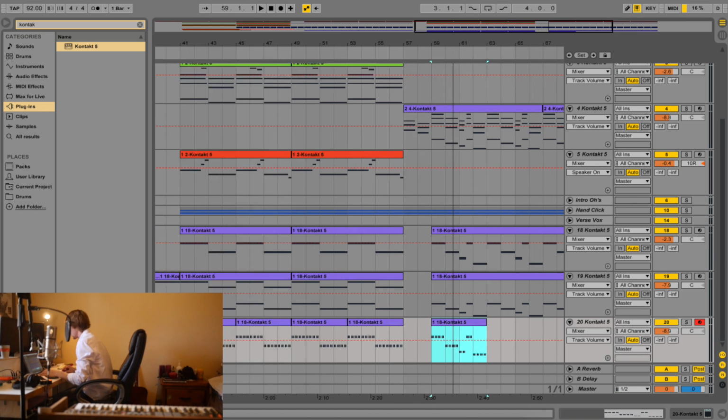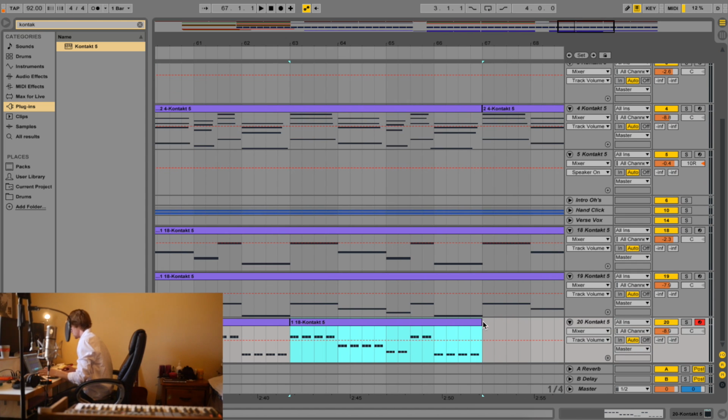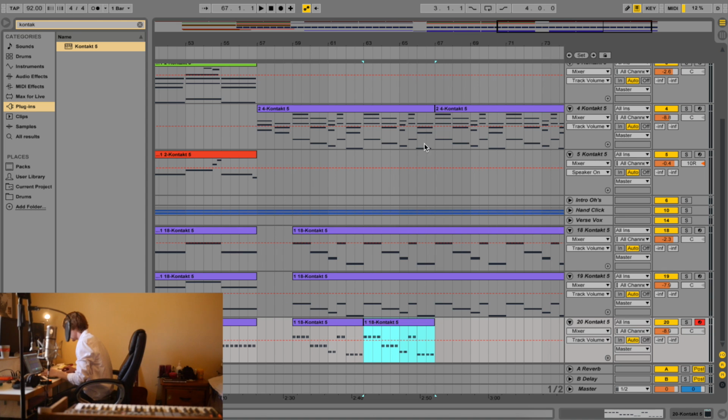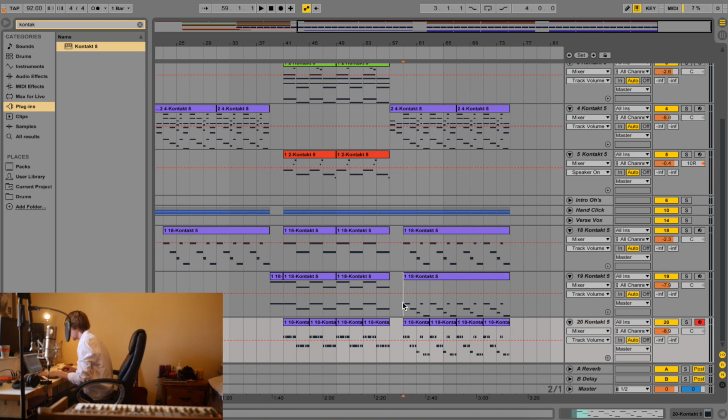Let's make sure. One of the things I find in Ableton is that it'll often just nick over a little bit, so when you want to duplicate your things, it gets in the way a bit. So now